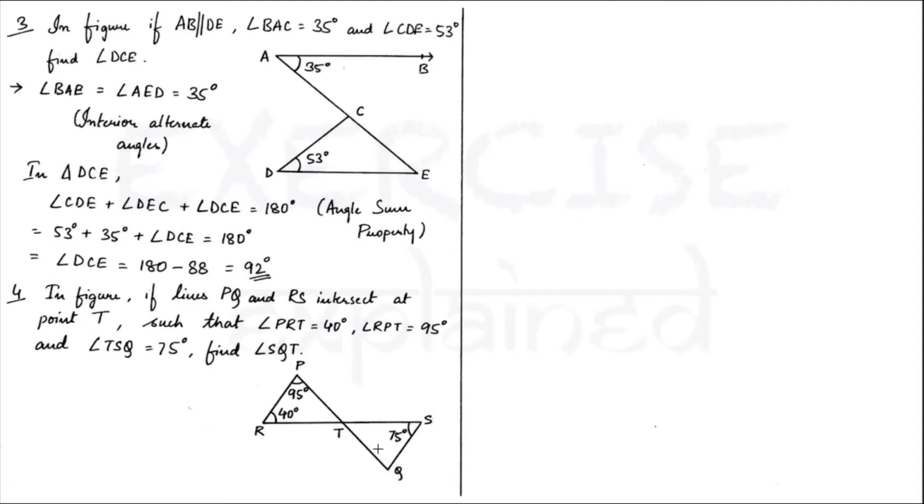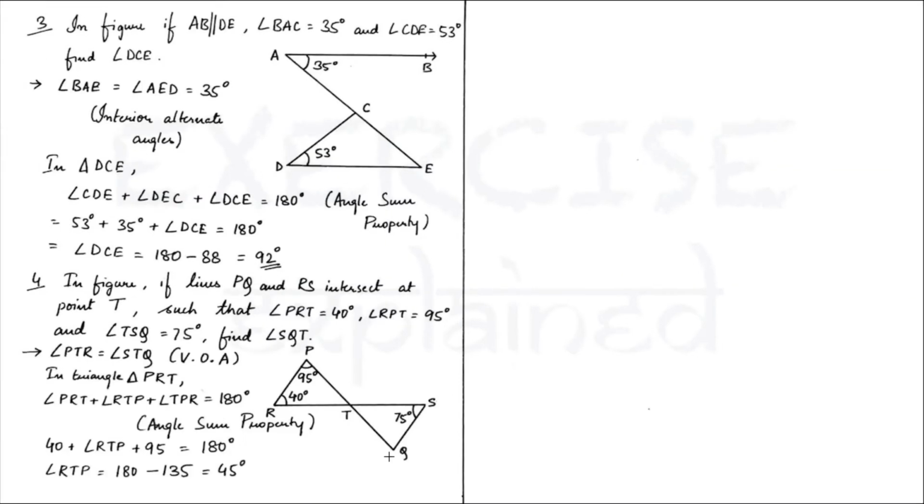So for this question, what we are going to do is we will be finding this angle first, that is PTR. Once we get the value of this PTR, this is going to be equal to this because of vertically opposite angles. Once this is equal to this, what we can do is take this triangle and we can find this angle, and that would be our answer. So let's have a look at it. What I do is PTR is equal to STQ, vertically opposite angles. I just wrote that, and after that I take this triangle PRT, in which